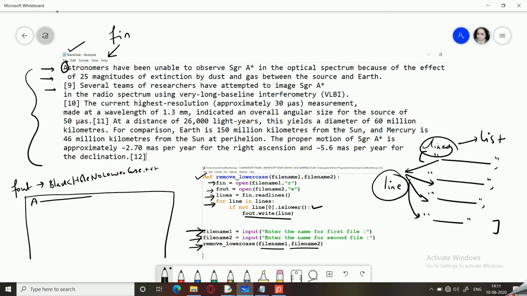Then we have the next. We come back to the next line. There would be these many lines in our lines list. The next one starts with a space, that will also be written to the file. The next one starts with a square bracket, that will also be written. The next one starts with a small i, so this will be skipped.